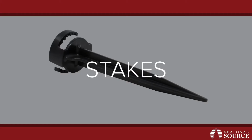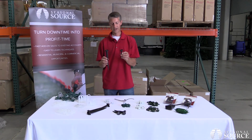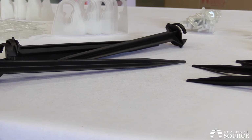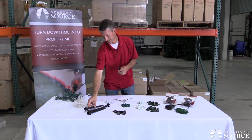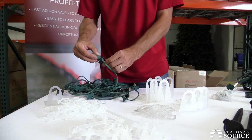Now let's take a look at the light stake options that we have. So we carry the light stakes in 2 different sizes. We have a 5-inch light stake as well as a 10-inch light stake. Now each of these light stakes will allow you to add dimension to any holiday lighting display. What you can do is you just add the light socket right onto